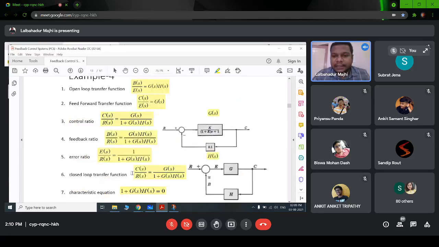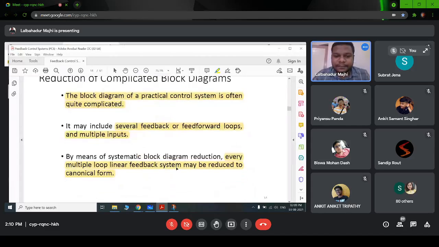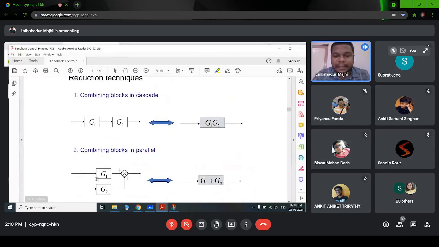But in the previous case, we can see this signal is in the opposite direction to the flow of our input signal. So it is a feedback loop. It is a closed loop or feedback loop. But in this case, the arrows are in the same direction, so it will be called parallel. Clear? If the arrow is in the reverse direction, then it will be a feedback or closed loop. And if the arrows are in the same direction, then the blocks are in parallel. Okay, I think this is clear: same direction and opposite direction.